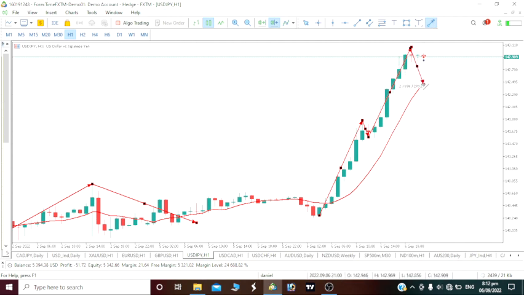I still believe that if you're having a correction, the correction should drop to tap our 10-period moving average, which will be about 142.495. Then we'll see a rally movement again on our USDJPY. So that is the